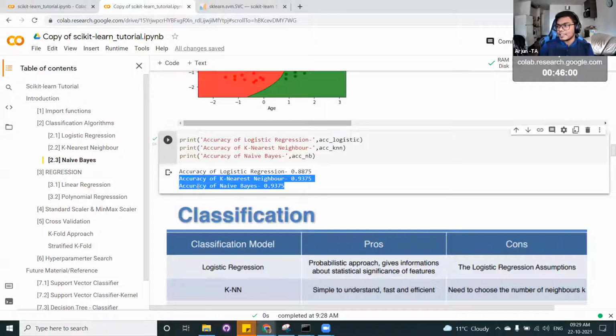Let's see some answers from the chat. It can be right or wrong; you don't need to unmute or speak, you can just type it. If this is the scenario, do you prefer KNN or NB? Okay, Atul is saying naive Bayes. Any answers on what kind of model you prefer if you have almost similar performance?